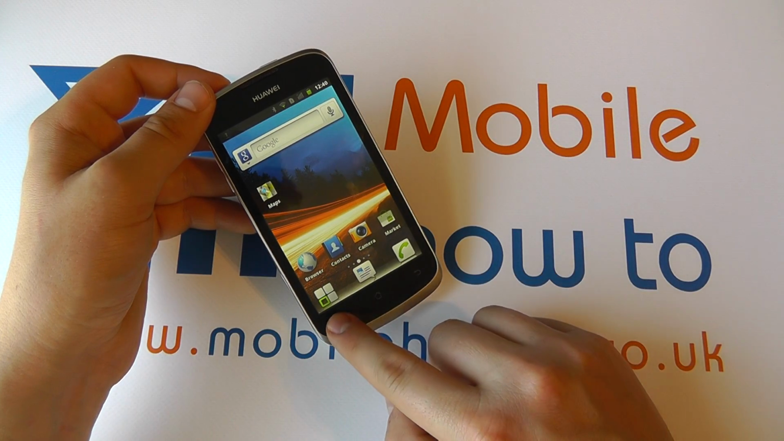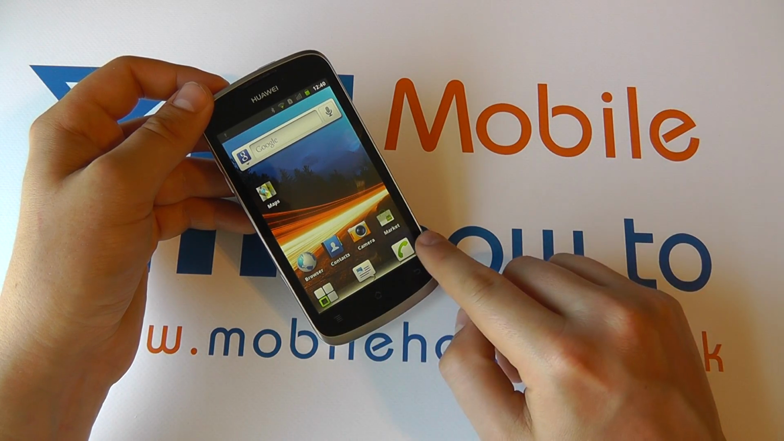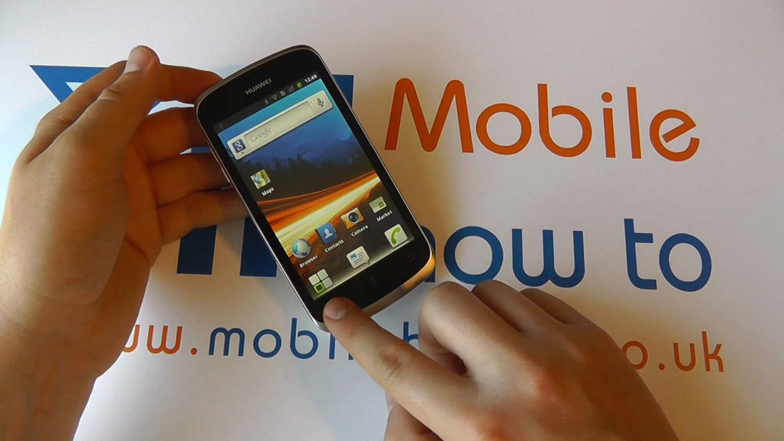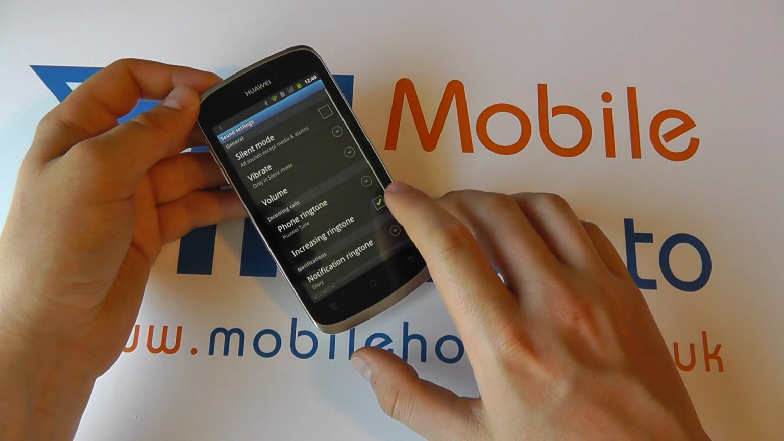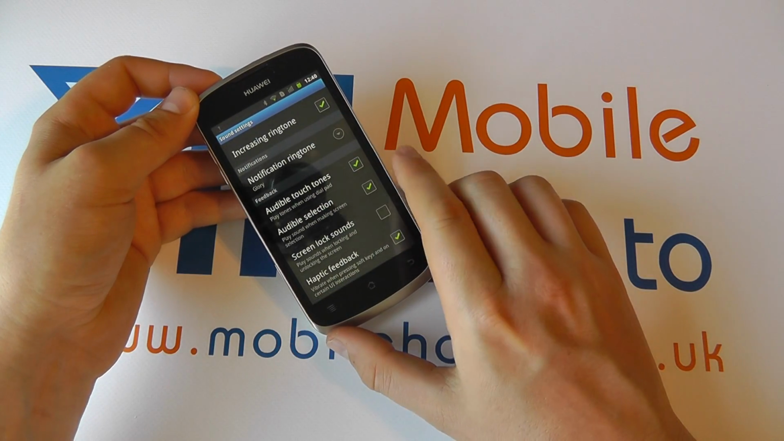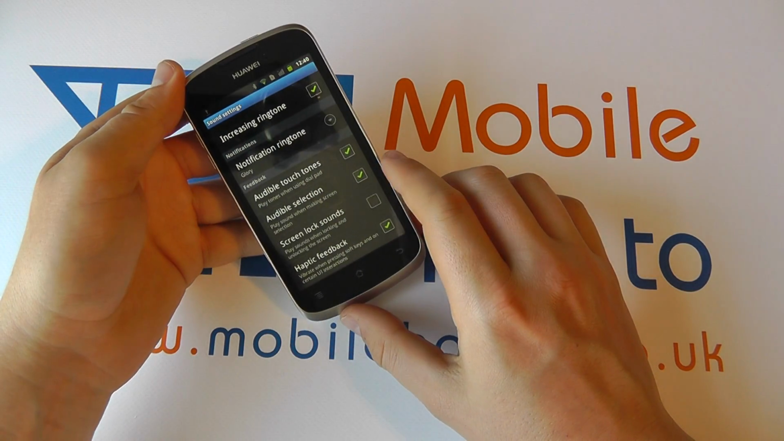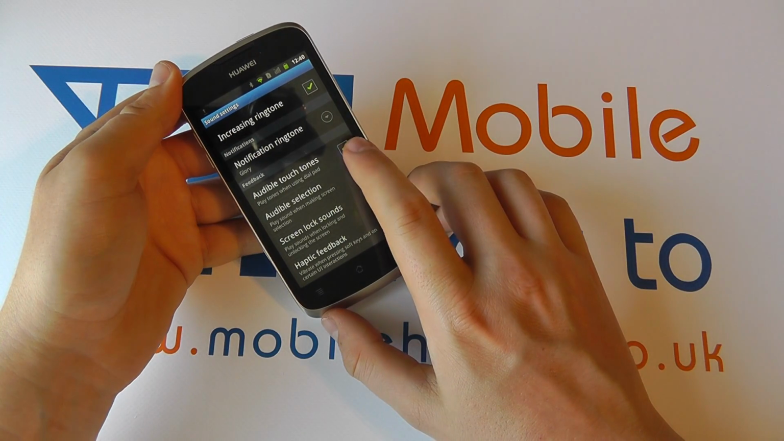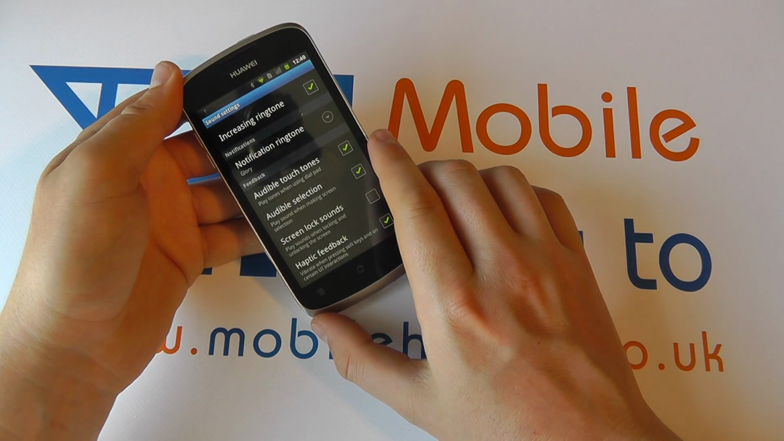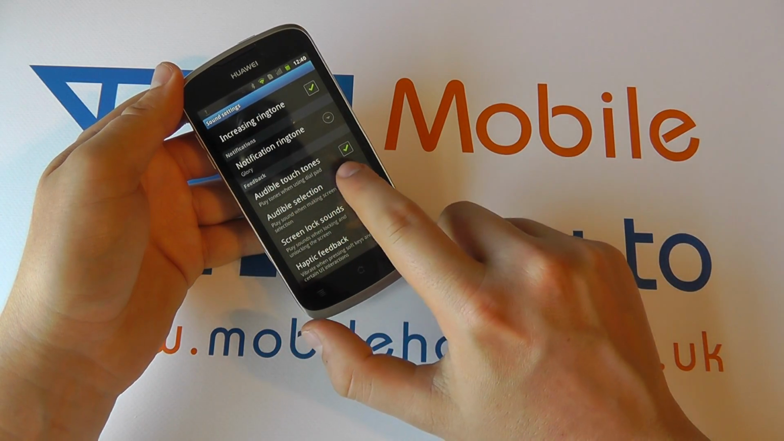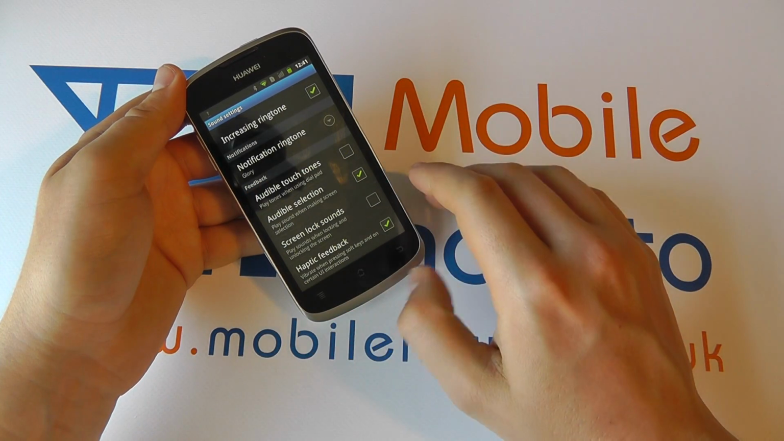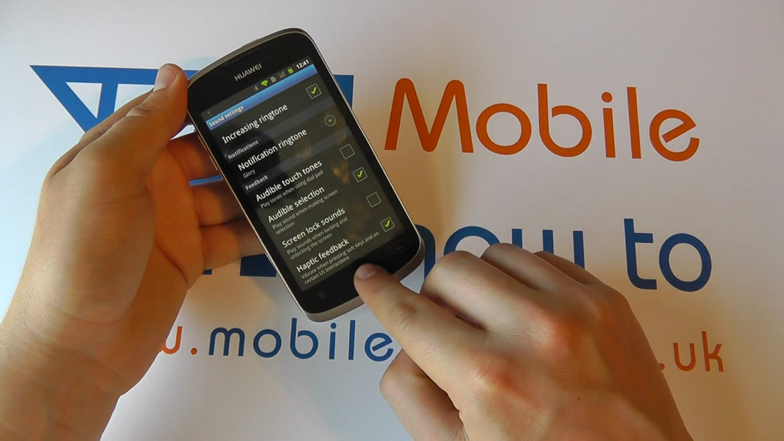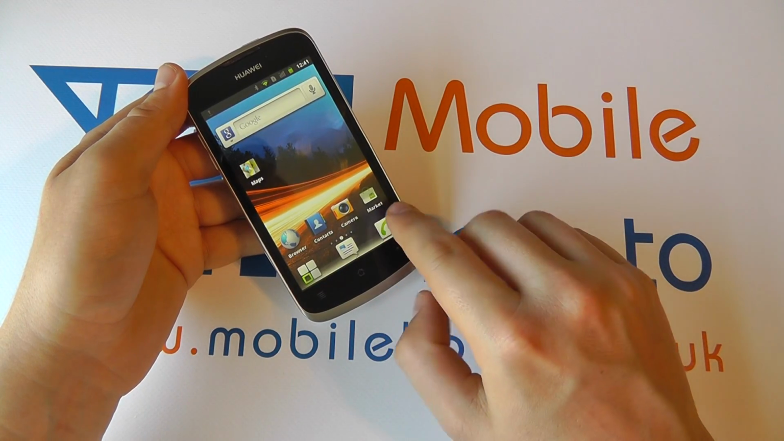to the home screen, click Menu, click Settings, click into Sound, scroll down to Feedback and select or deselect audible touch tones. So it says play tones when using dial pad. If that's ticked, that's why you get those tones. So you can untick it, come out, and if we go back to the phone,